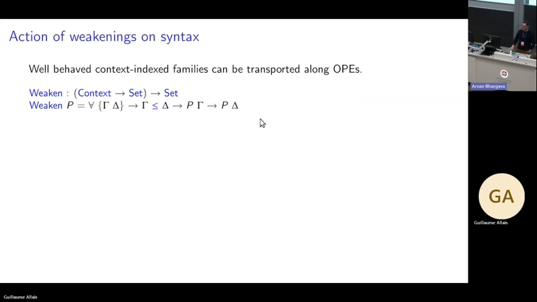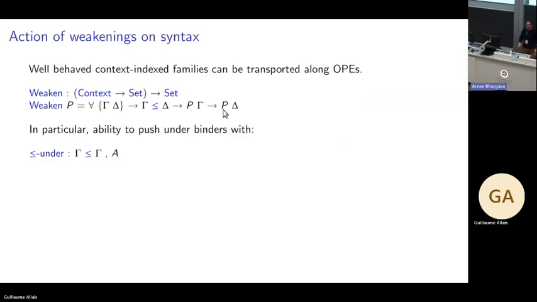And what does it mean to be able to weaken something? Well, if you have a proof that gamma embeds into delta and you have a value in the current world, then you can get a value in a future world, so the world delta. And so if you're paying attention in Nachi's lecture, this is a bit like the Kripke structure he was talking about. And then it shouldn't be any surprise that it shows up when you're building models of your lambda calculus,